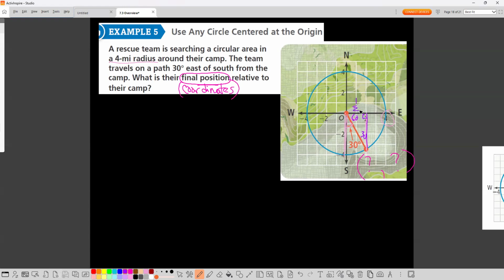1/2 on this side, over on this side. And then because it's a 4, you're actually going to be multiplying. So the 4 being your radius this time, and this being a 1/2 of that, you're going to be taking a 2 times your square root of 3 over 2 on this side, which is going to cancel, leaving you just a square root of 3. So when they ask what's the final position, we've got the coordinates right here. We've got a 2 on our x, and we've got a square root of 3 over 2 negative down there on the y. So if you were going to try to get to this point, you'd go 2 east and